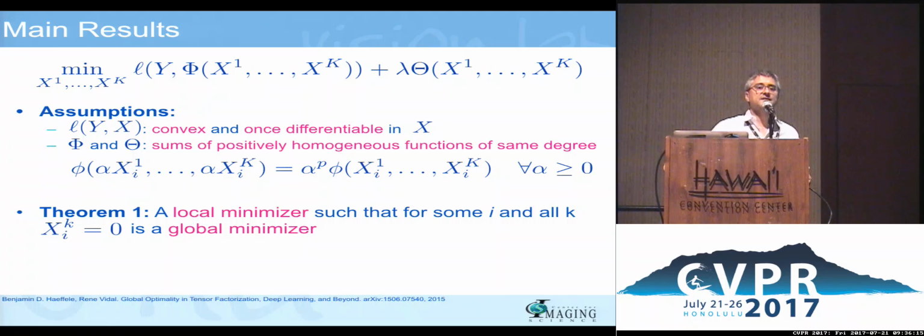If some entries of that x are equal to 0, and I'm being very vague as to which entries, but if some entries are 0, that local minimum is a global minimum. In other words, giving you a certificate to verify whether your local minimum is global. And all you've got to do here is check that some weights are equal to 0. Which weights? I'm going to be much more precise in a minute, but for the time being, just for you